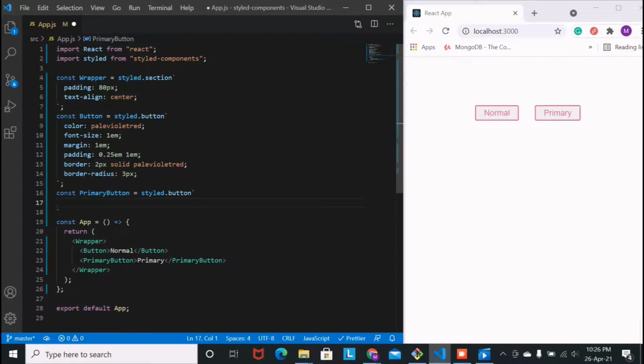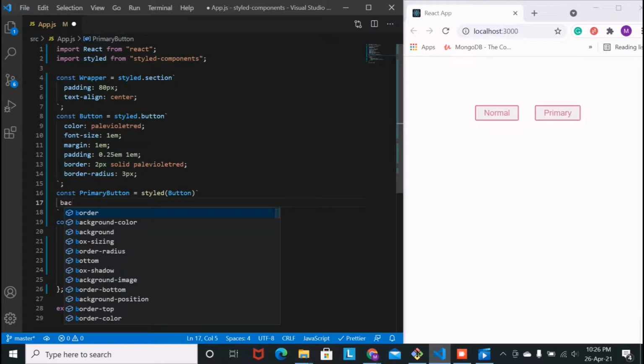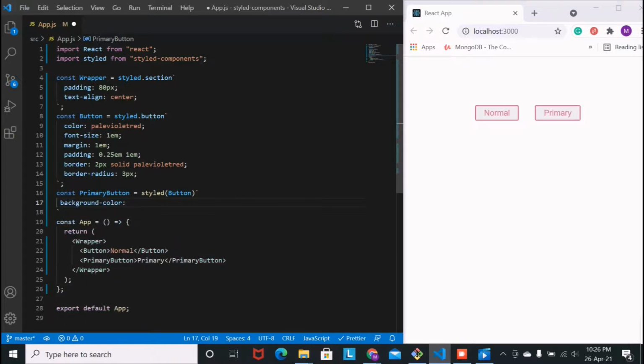For that, instead of this styled.button, just give that component inside this styled. Okay, then now this button will get all these properties. Now we can add some extra properties also. I'm giving a background color as blue,